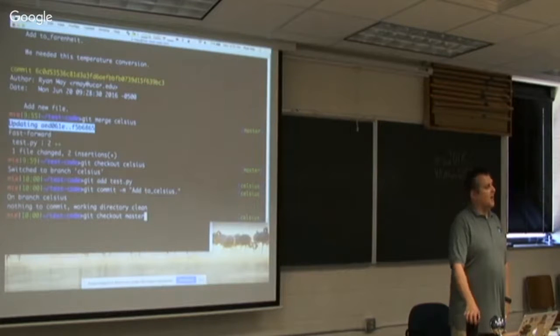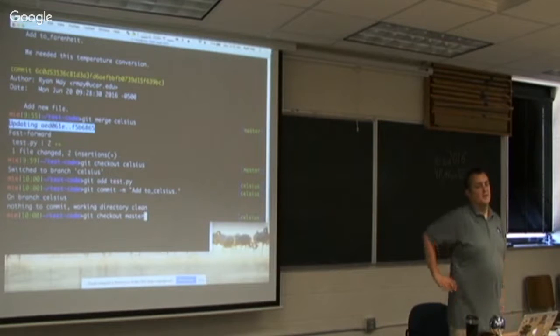Yeah, in the interest of time, I think I'm punting on the remote stuff, but we can certainly talk offline about that more if you want. When you say cloning down, is that just creating a local repository of the same files to work on, or a branch of the same files on our local machine? It's actually a copy of the repository on our local machine.